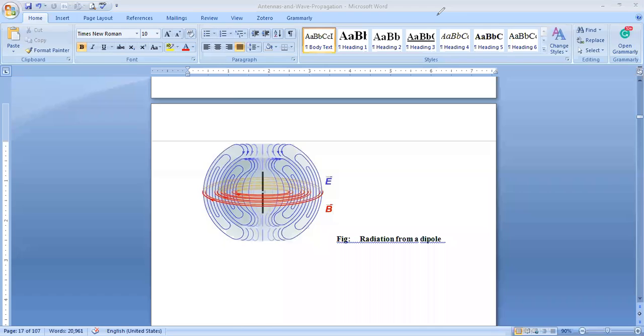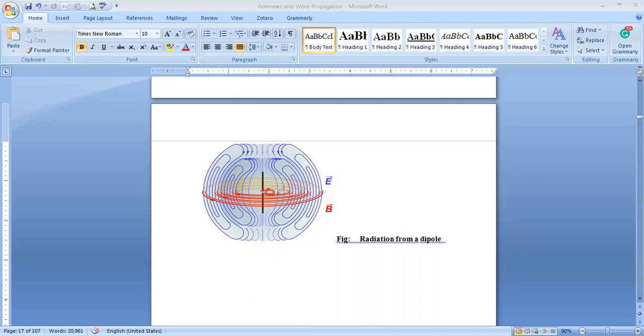Remember, this is called a feed point, and this is the AC source, a high frequency source. That high frequency source is connected to this dipole. According to Faraday's laws of electromagnetic induction, when these electric dipoles are excited with some high frequency AC, current passes through the dipole. Because of that current, there exists a magnetic field. The induced magnetic field is always perpendicular to the current flow.